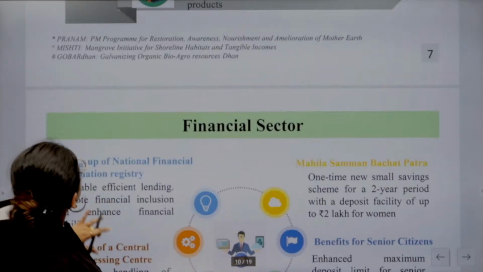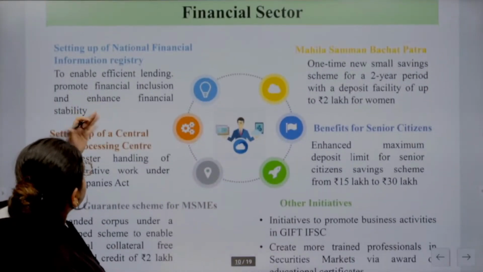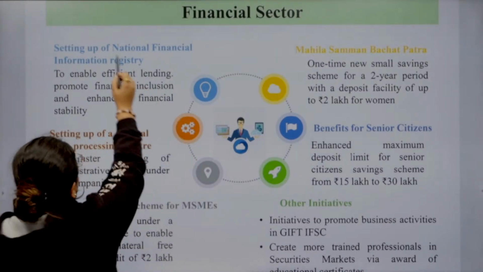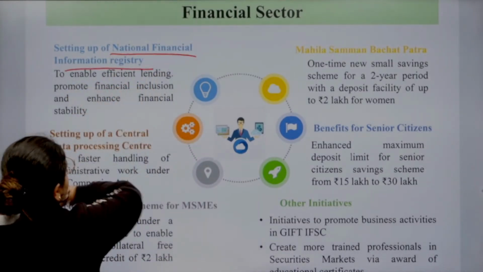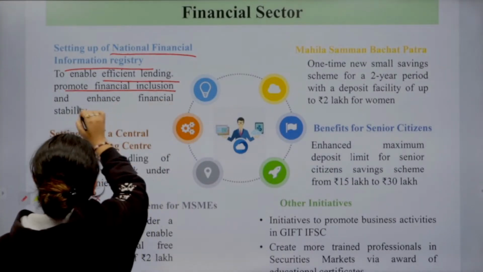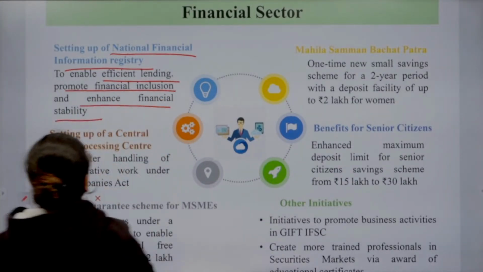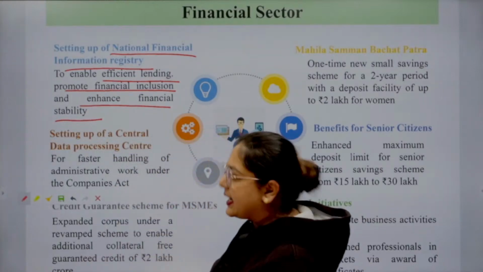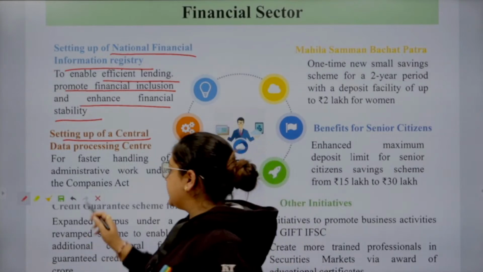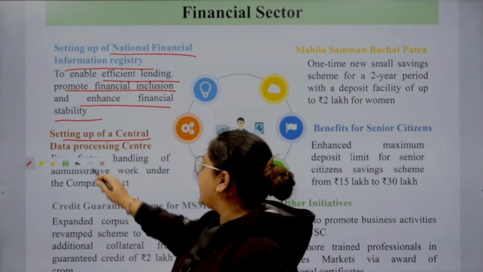Then next we have the financial sector. So what all we have for the financial sector this year: setting up of the National Financial Information Registry to enable efficient lending, promote financial inclusion, and enhance financial stability. This time the budget also says that there will be a central data processing center for faster handling of administrative work